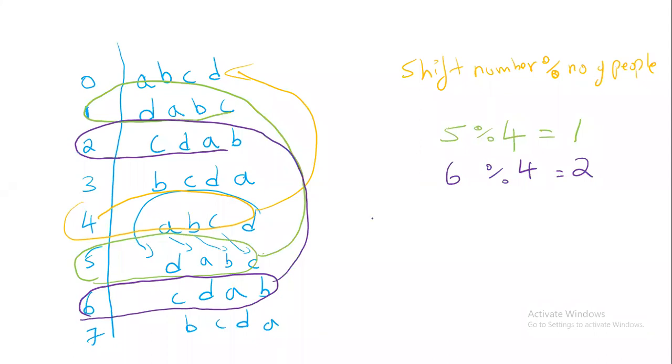Imagine she has told you to shift for 1024 times. Will you waste your time? You should not shift for 1024 times. What you have to do is 1024 modulus 4. The remainder is 0, so you don't have to shift at all. So that is the concept here. This is very important, and this is the last concept in the mod operator. I hope you have understood this shifting concept.